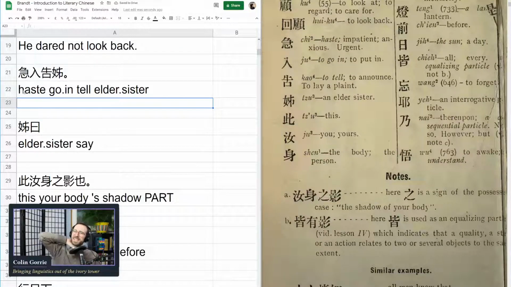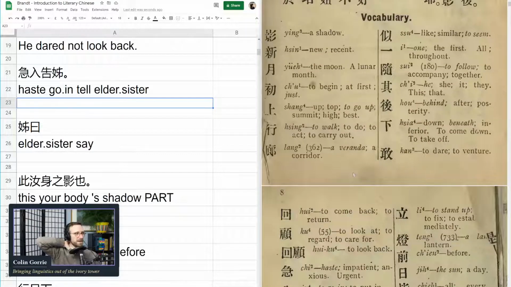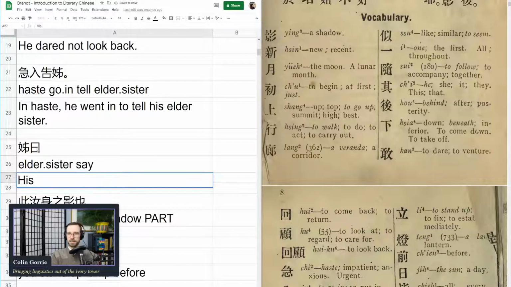The question is, what do we do with this haste morpheme? Is this going to be like an adverbial? Is it going to be sort of a serial verb construction kind of? He hastened to go. I am going to say something like, in haste. I'm going to make it an adverbial. He went in to tell his elder sister. His elder, I wouldn't repeat that in English, but said,